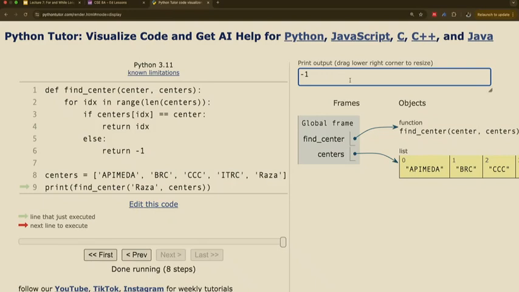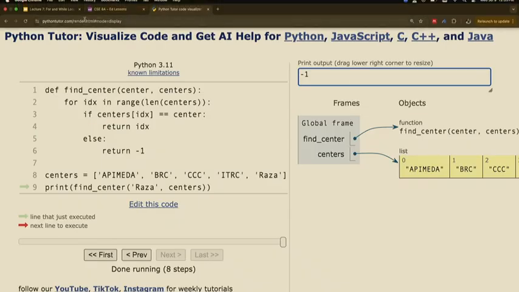Does it exist inside of this list? In this case, raza does exist within the list. It's right here. Right? And we want to print out the position, the index of where it's found in the list. Okay? So where is it found in the list? What index number is this? 4. 0, 1, 2, 3, 4. So the system should return 4, but it's not, because we have this return -1, right?